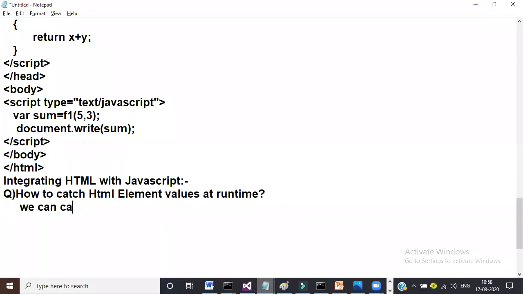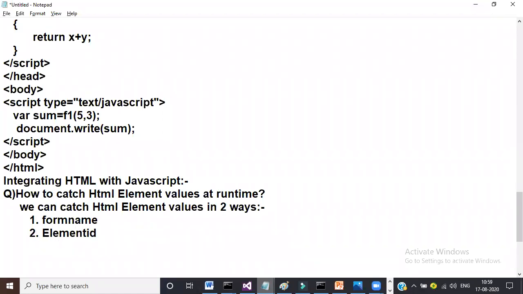We can catch HTML element values in two ways. One is by using form name. The other one is by using element ID.